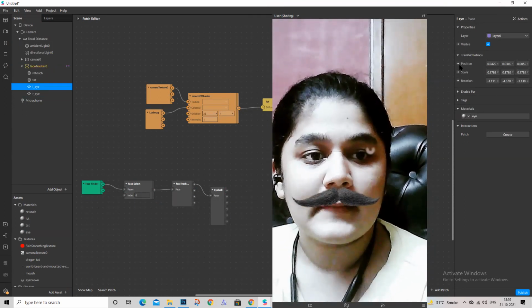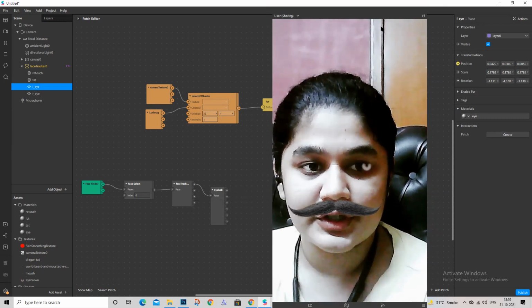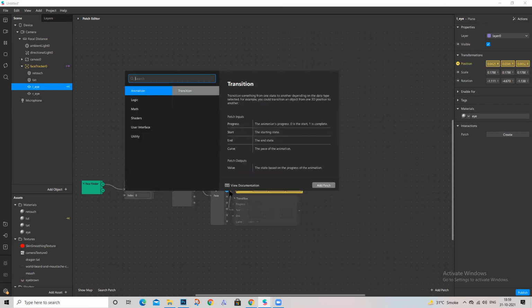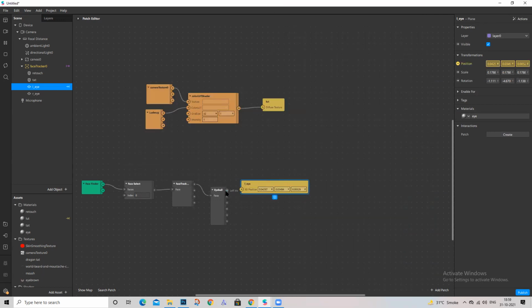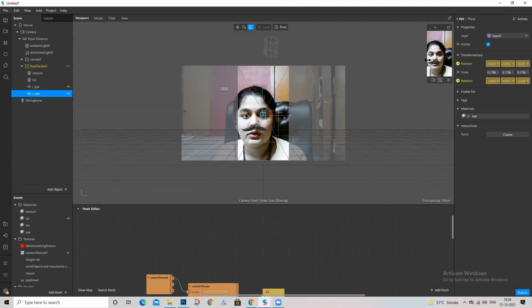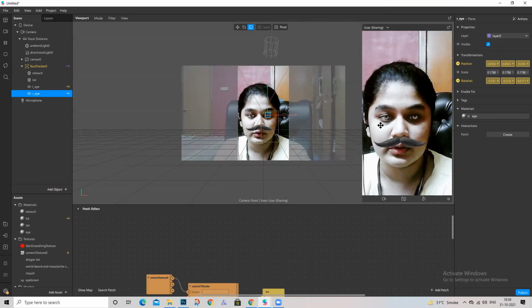We'll go for the left eye's position. We'll take it over here, and that's something we're going to connect: left iris to the 3D position, and the left eye's rotation we are going to connect to left eyeball rotation. Similarly for the right, the position is right iris, and rotation is right eyeball. So you can see it has become like this.